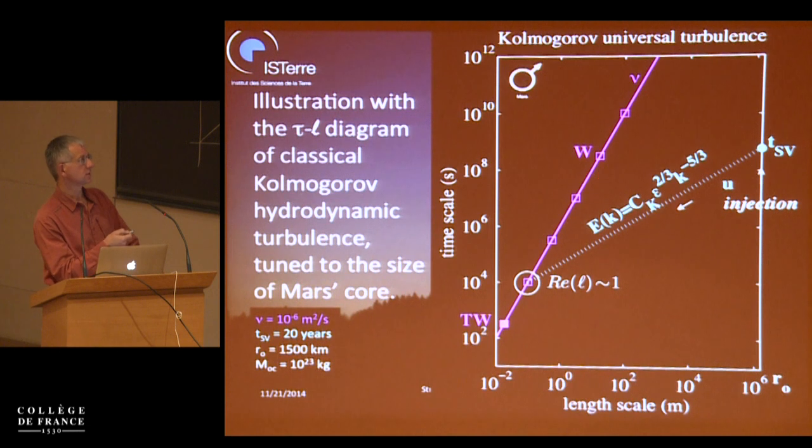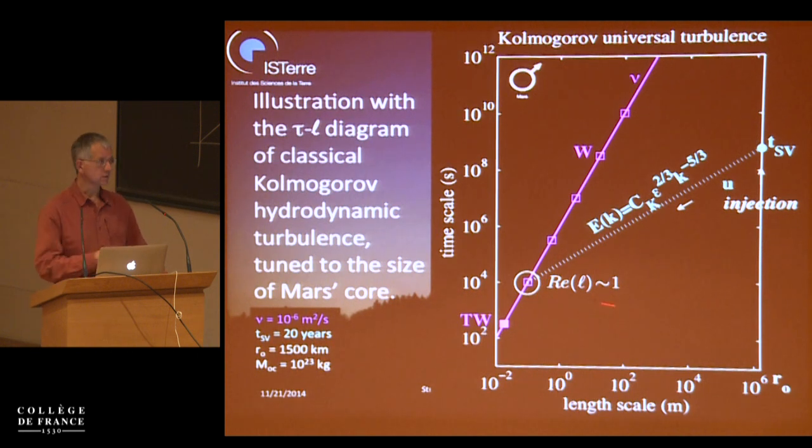That line, what is it? It's just the one I mentioned before. L squared divided by nu is the time scale for the diffusion of momentum. In other words, that's where dissipation by viscosity is going to take place when these two lines intersect, exactly as in the E of K diagram I showed before. Okay, so this is where the L scale Reynolds number is 1. This is where dissipation occurs.